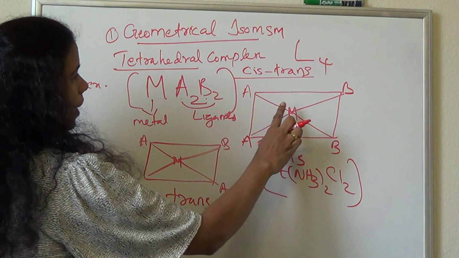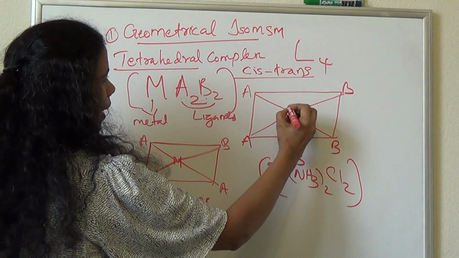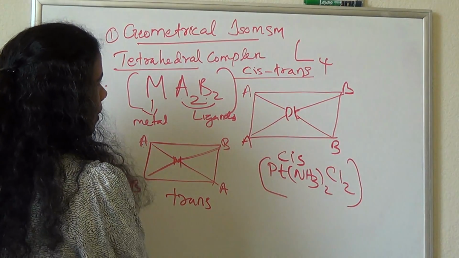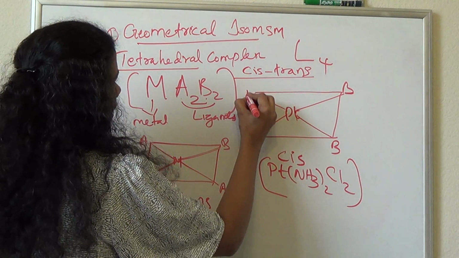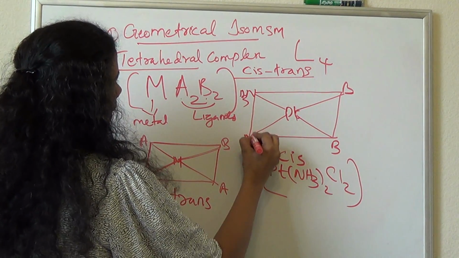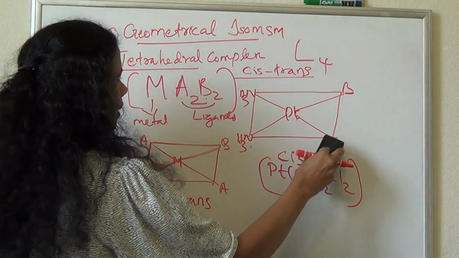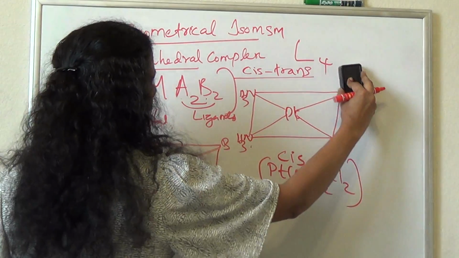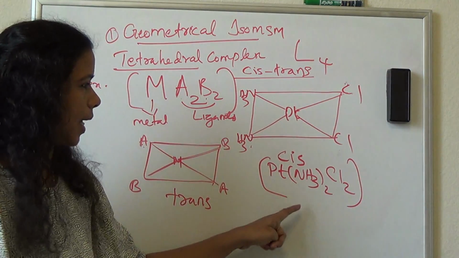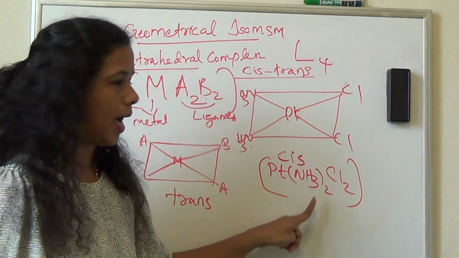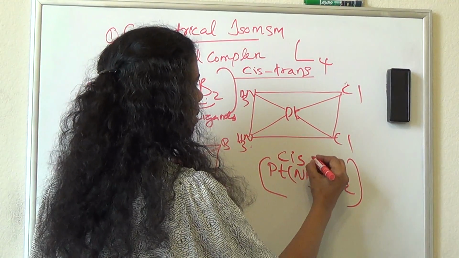So here, instead of M we can write platinum, and instead of A, NH3, and instead of B we can write chlorine. So this is a cis isomer of this complex, and its common name is cisplatin,